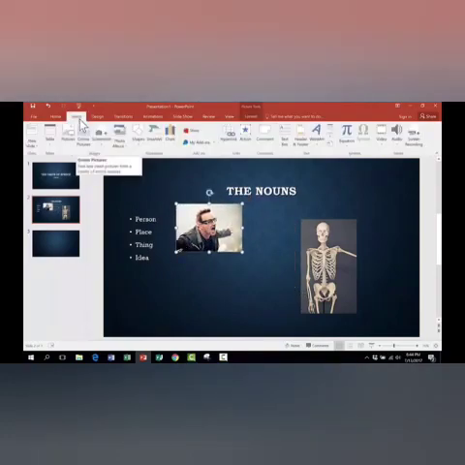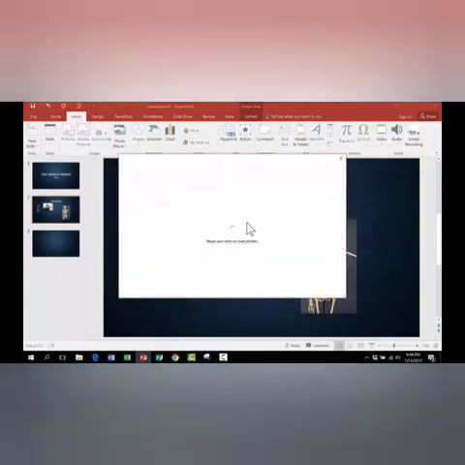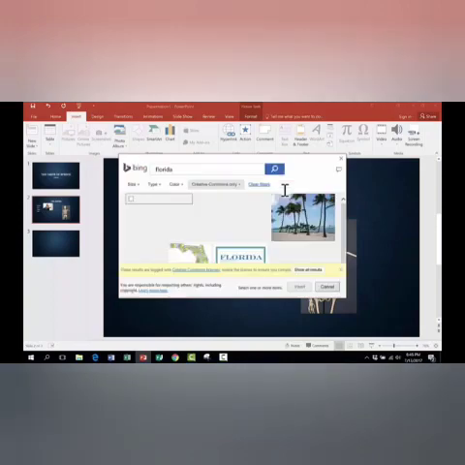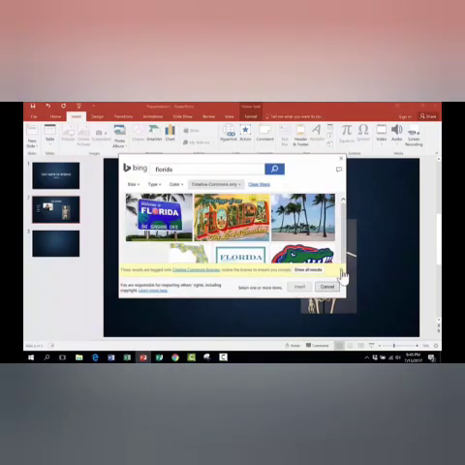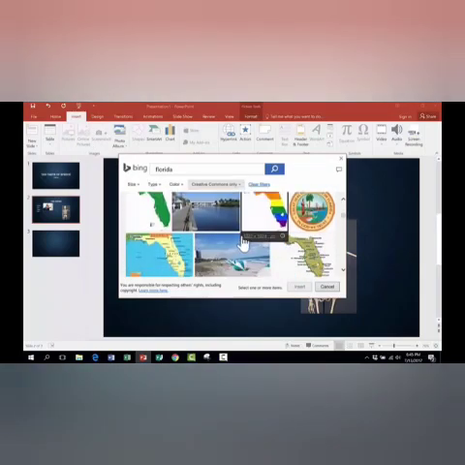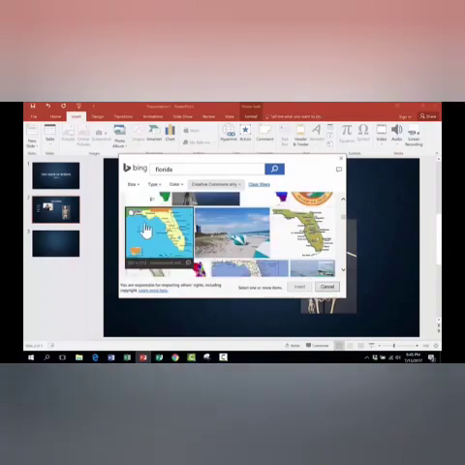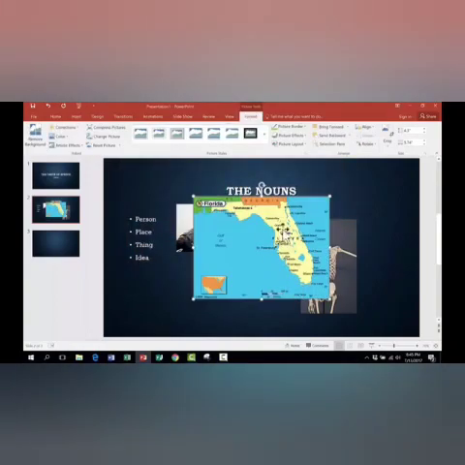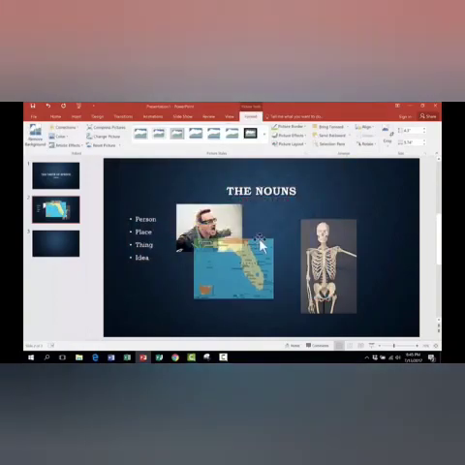Isn't that nice? And I can do the same to find an example of a place. I'll just do a search for Florida. And you'll notice that things are loading faster now. The first time that you insert an online picture, it may be a little delayed. So don't be discouraged if that first time it's kind of slow. So here's a nice picture of Florida that I'd like to use. So I just clicked on it to select it, and I click Insert,